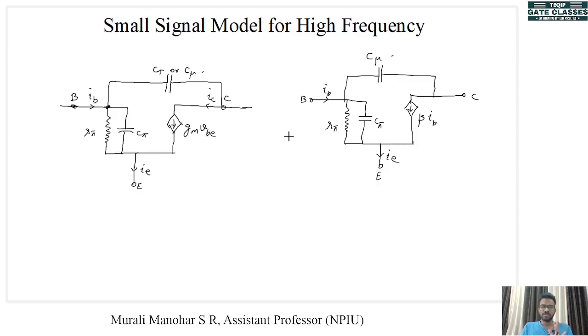We have done the small signal low frequency analysis using R pi and RE model. We have done the small signal model for high frequency using R pi model. Now what is left is using the H parameter model for low frequency small signal analysis. We'll do that from the next class onwards, and until then,